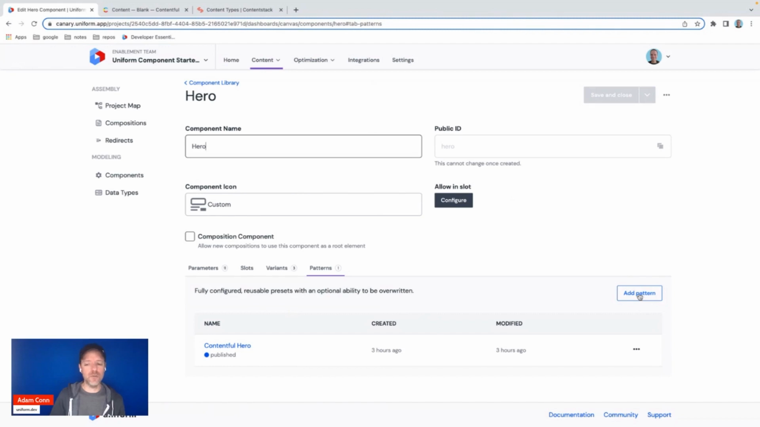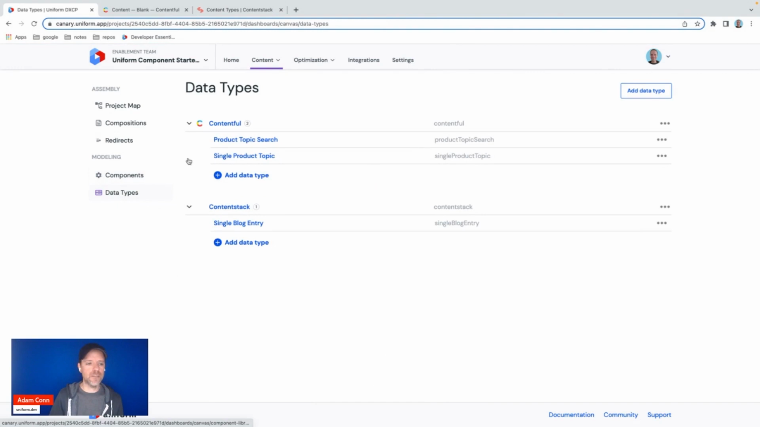What I want to do is add a new pattern, but this is going to be going to a different headless CMS. So let's say that I'm a big organization and I actually have multiple headless CMSs. I've got one business unit that uses Contentful. I've got another business unit that uses Content Stack. So I'm going to go